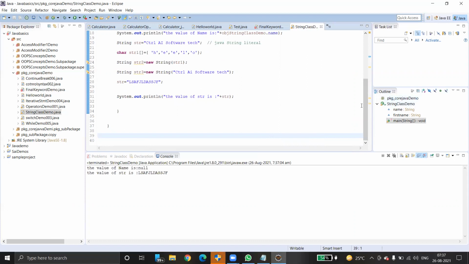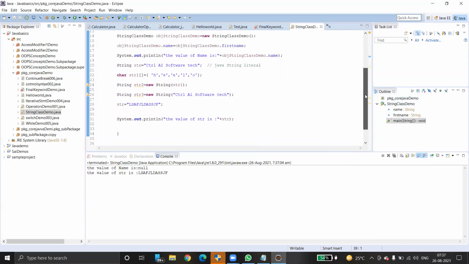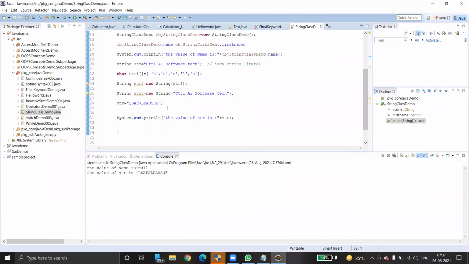So the name is string. Yeah, it works fine, looks like. Basically, string is an immutable object. That means it is a constant, it cannot be changed once it is created.